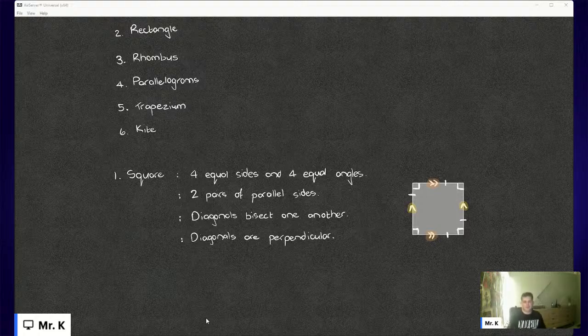When you see multiple arrows, it generally means that we have multiple sides that are parallel to one another. And finally, the diagonals bisect. What are diagonals? Lines that stretch from corner to corner. So if I have,